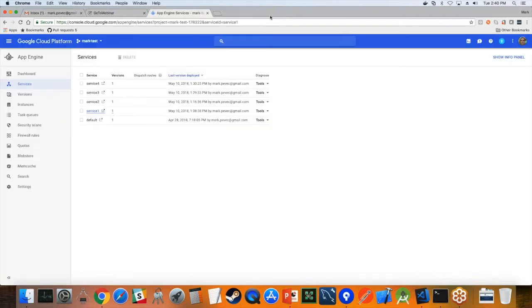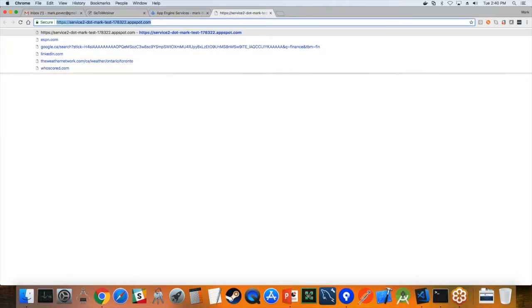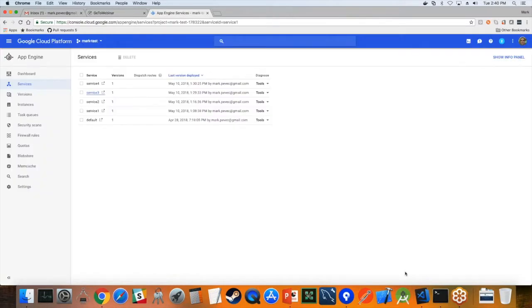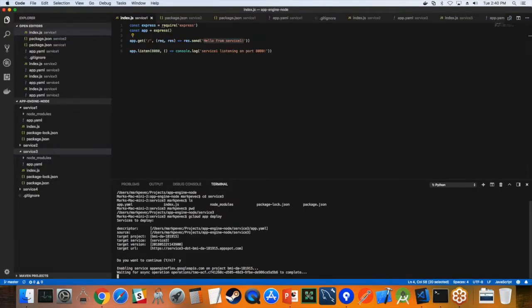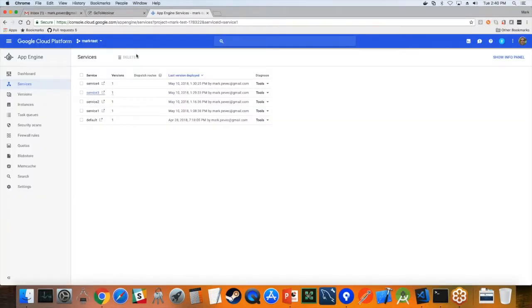And if I browse to service 2, as you can see, this microservice has its own URL, and it's sending its response, which is hello from service 2. Likewise, service 3 sends hello from service 3. And if I wanted to do an updated deployment from my app, this one's still in progress, but if I wanted to change code, I could simply modify the code here and then run gcloud app deploy. And within 5 to 10 minutes, I could see the updated application